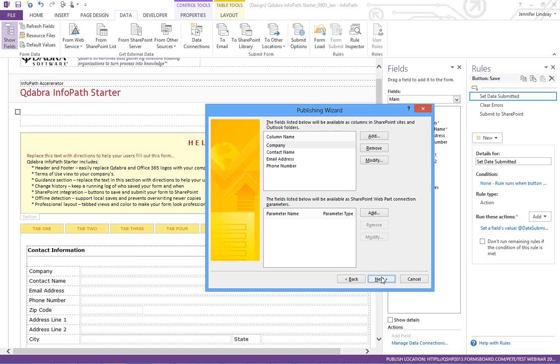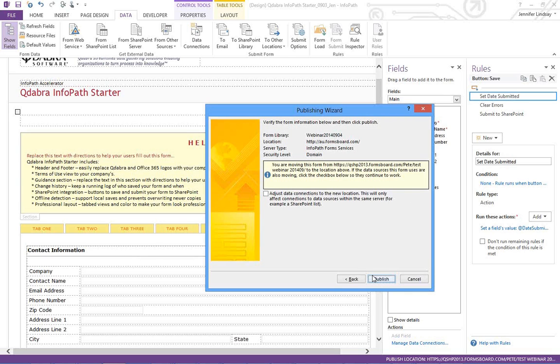I'm going to leave all the promoted properties the same because I want the end user experience to be the same. Now here is that dialog that I showed you on the slide. I'm going to leave this checkbox unchecked because the commands that we have in the form on form load are going to do all the adjusting for me, so I don't need to make InfoPath do that. And I'm going to go ahead and click Publish, which is going to move this form from the current site over to this new